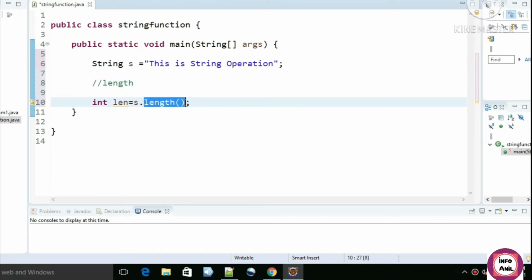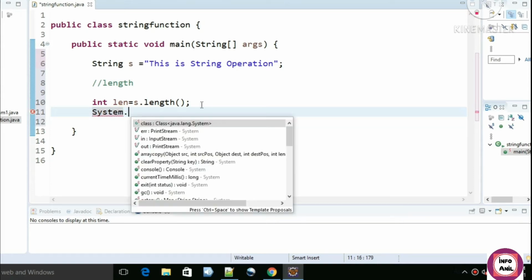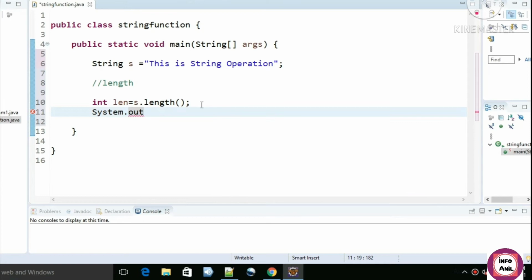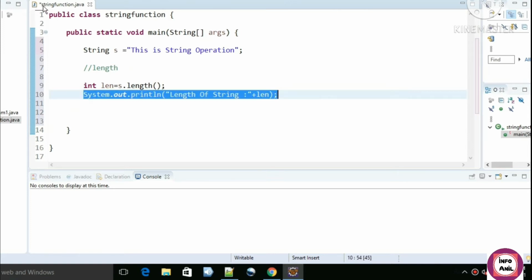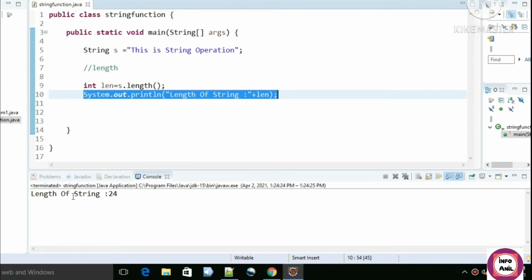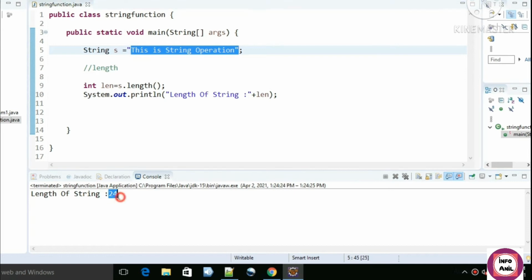This function length will give me the length of the string s. Let's save this and run this program. The length of the string is 24.